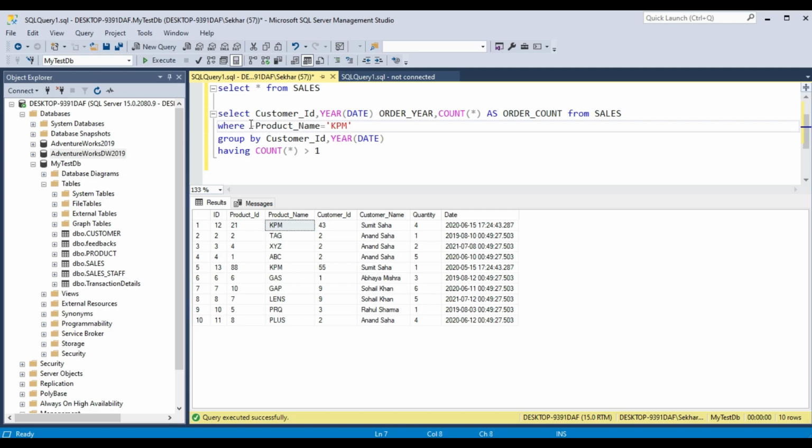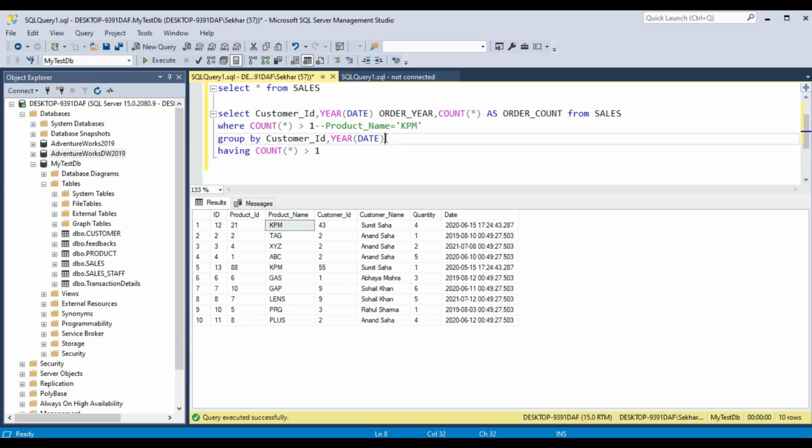So suppose we are running this with where clause. Let's use this count star here. Okay, so now SQL allows you to use both where and having along with group by.